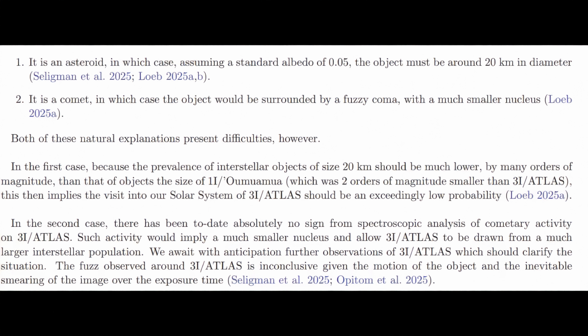It's not something they've ever seen happen before, and the possibilities of it happening are very low too. In the second case, there have been to date absolutely no signs from spectroscopic analysis of cometary activity on 3I Atlas, and this report is only 3 days old, guys. Such activity would imply a much smaller nucleus and allow 3I Atlas to be drawn from a much larger